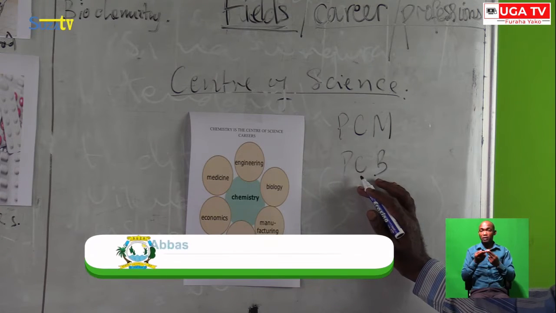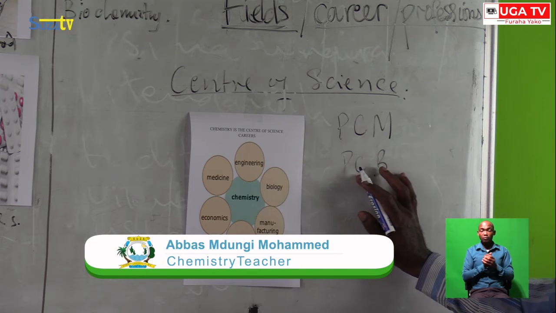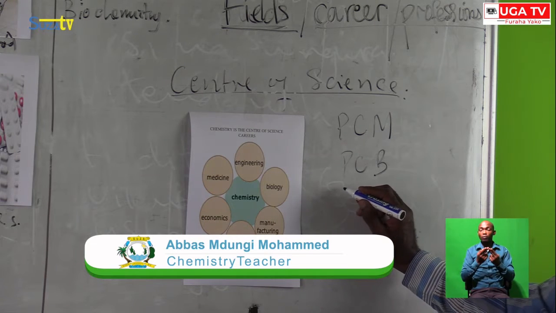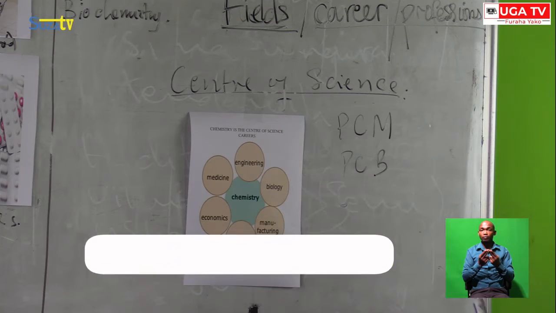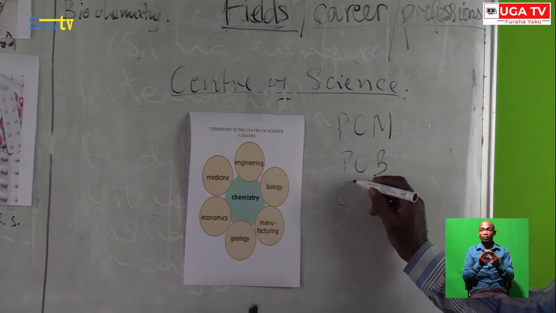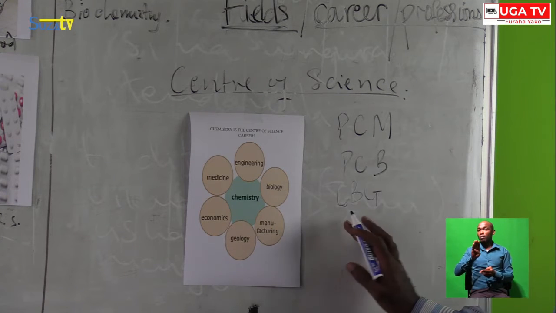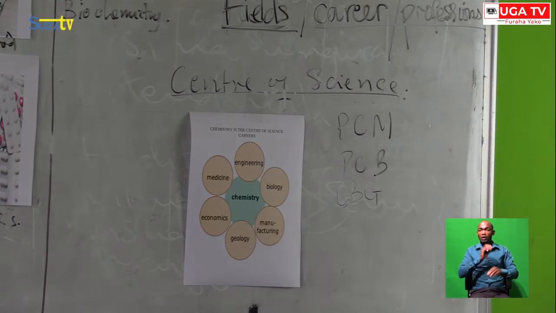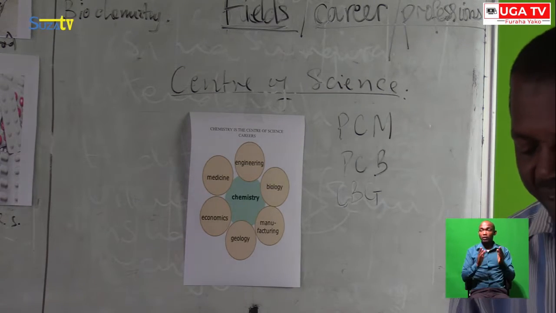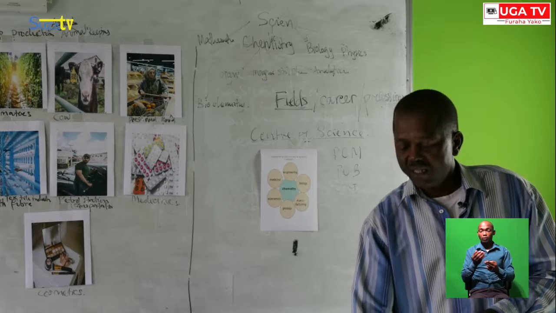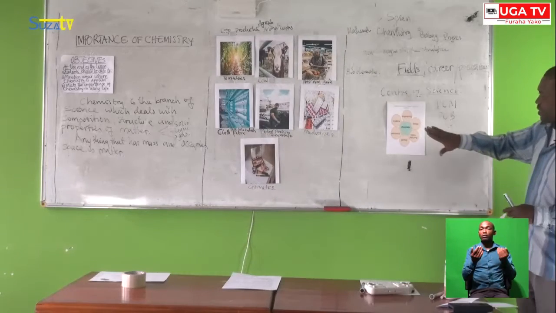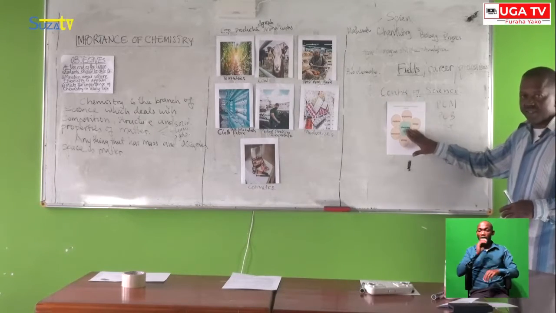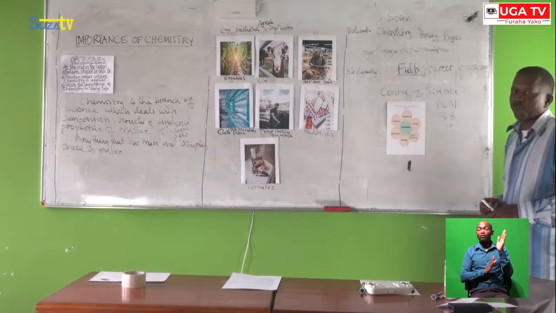Those are combinations of pure science. We have CBG: chemistry, biology, geography, and others. That's why we say that chemistry is the center of sciences,